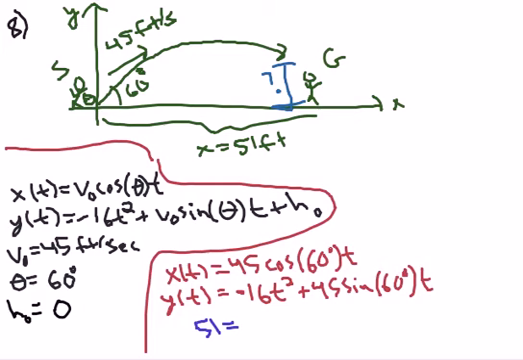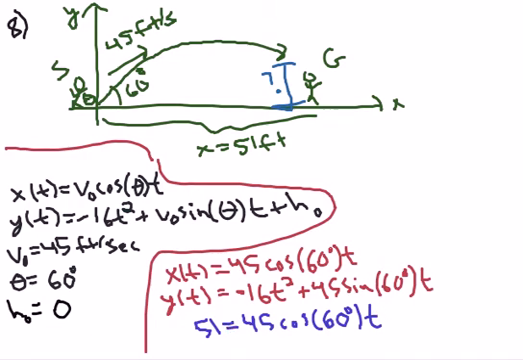Okay, so in other words, I'm using this top equation, and I'm going to set that equal to the x equation. Essentially, I'm trying to find the t value that makes this equation equal to 51. I know that I'm 51 feet away, that's an x value, so I replace this with 51, and I know the equation for x, so I set that equal to 51,